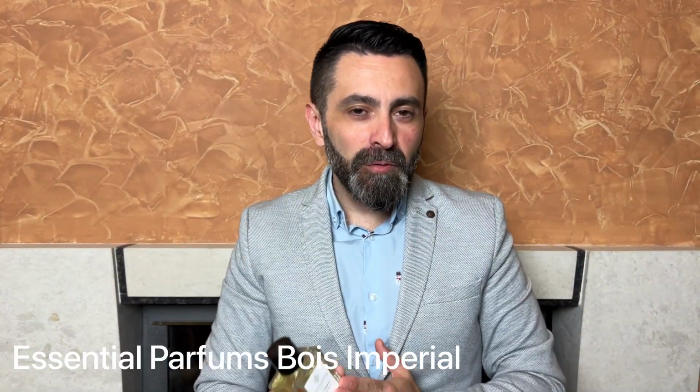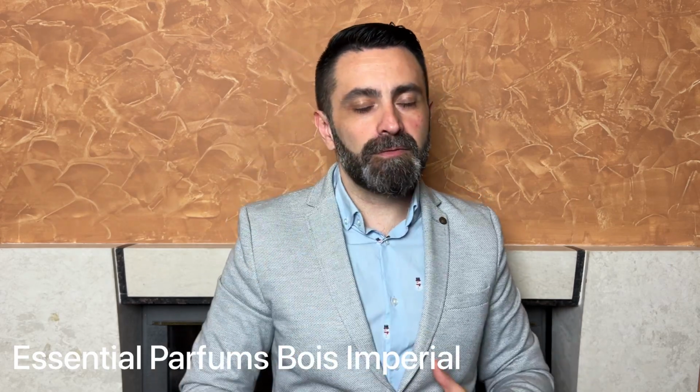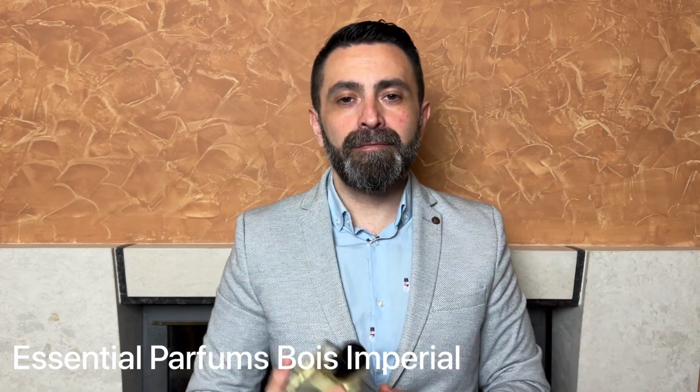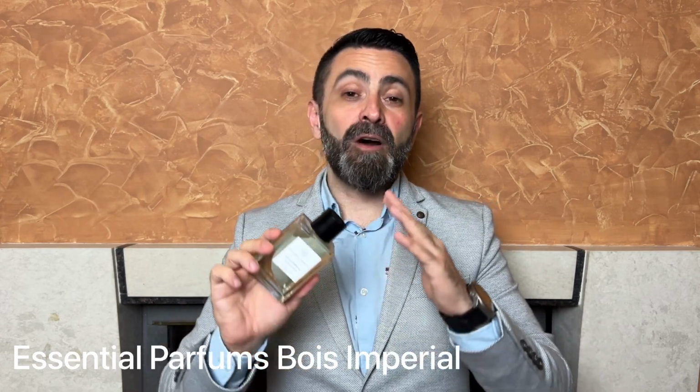One of my newest discoveries for this year, and one of my best discoveries of this year so far. Very unique fragrance. It pretty much totally blew me away. I've been talking quite a lot about this fragrance, but that's how much it has impressed me. It's woody, it's fresh, it's sort of a floral at the same time, slightly sweet, slightly earthy, very unique scent